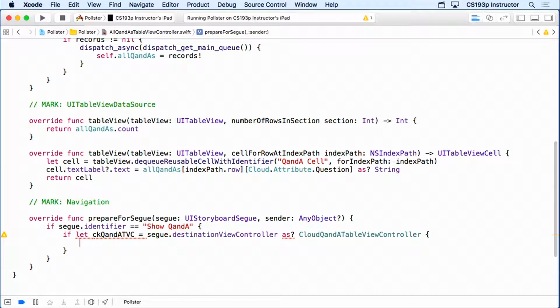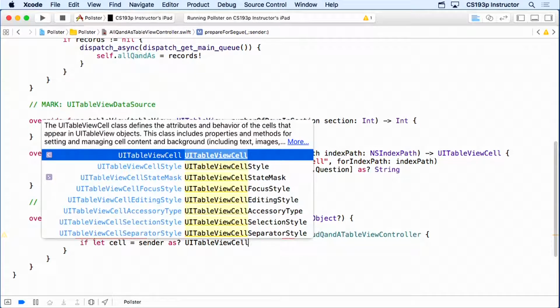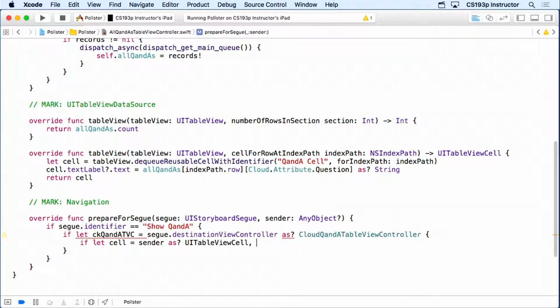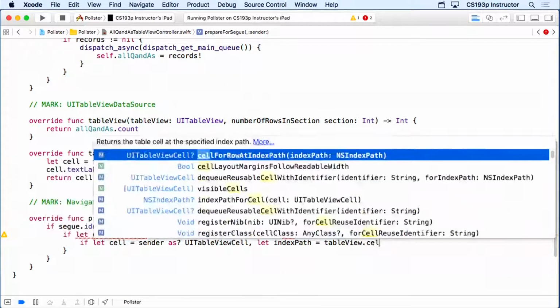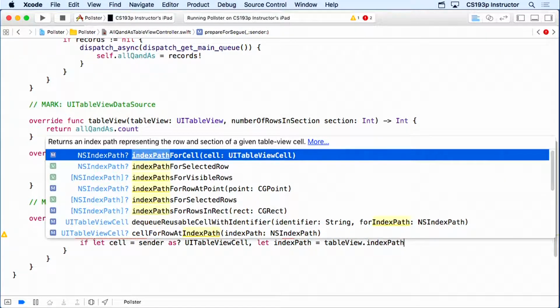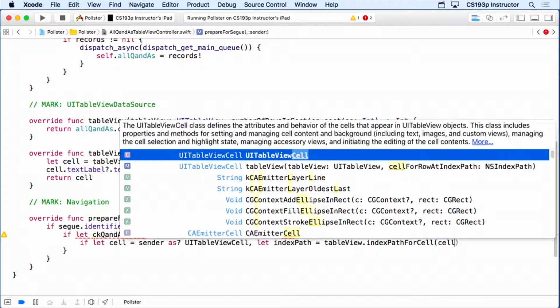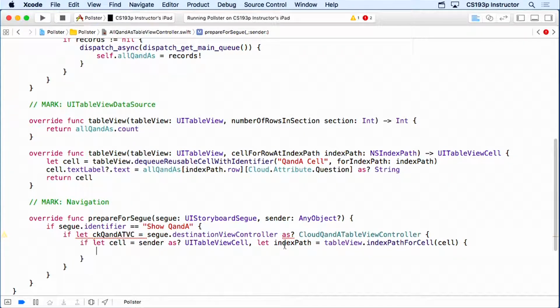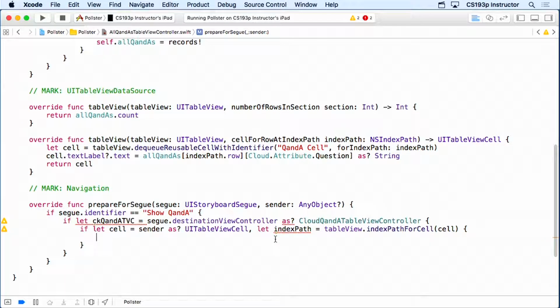If that's true, then we need the cell. If we're segueing from a row, we need the cell, so let's try that. So if we can let cell equal the sender as a UI table view cell, okay, hopefully you guys are used to doing this, again, from your homework assignment. And then we can let the index path equal the table view's method index path for cell, this cell. Okay, so here is kind of a one-liner that gets the index path of the row